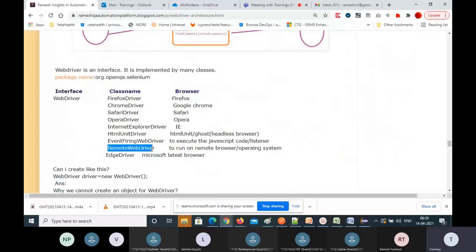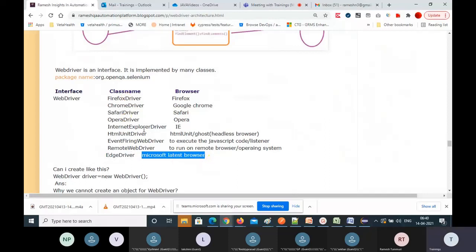RemoteWebDriver is the main class. The implementation happened there, and all the other classes are extending this class. One class extends another class, right? This RemoteWebDriver is mainly used to run on remote browser and operating system combinations. EdgeDriver is for the latest Microsoft browser.